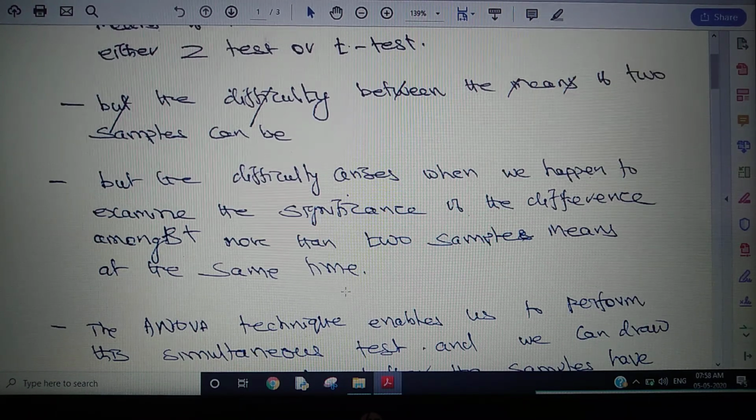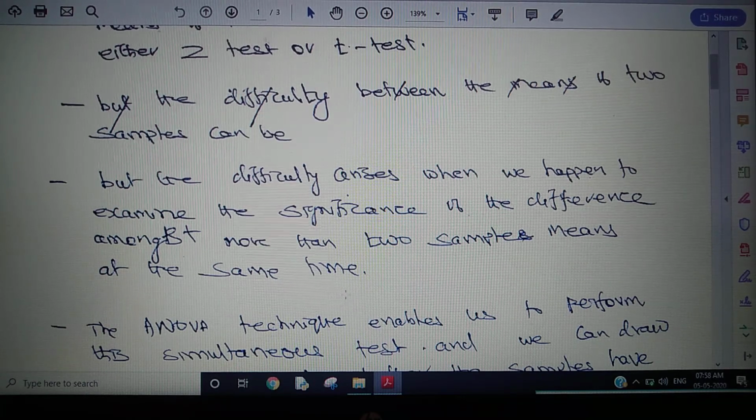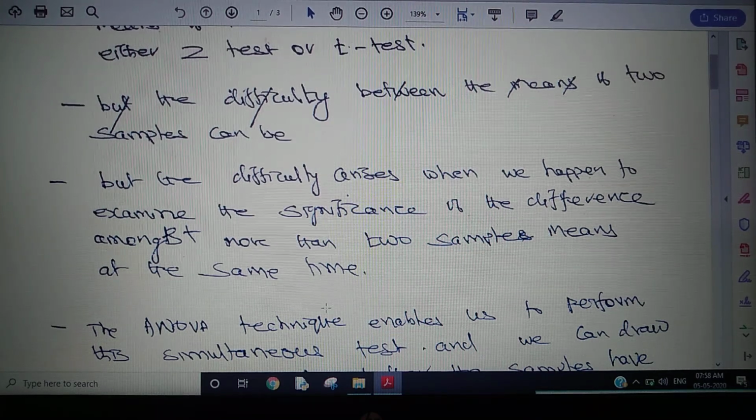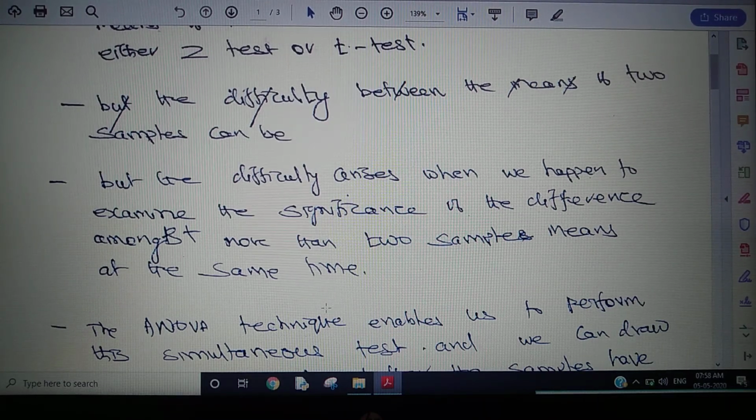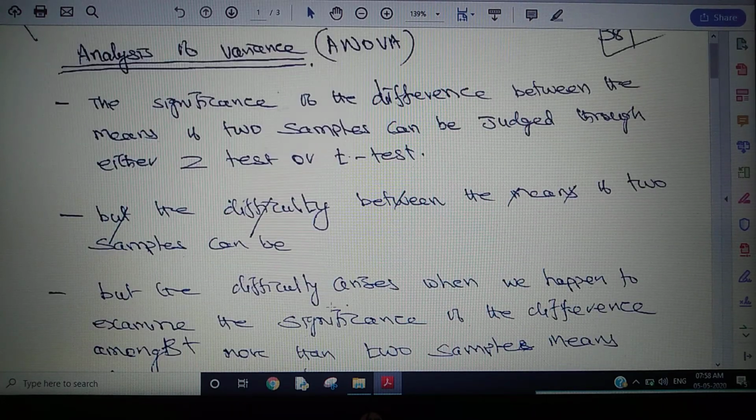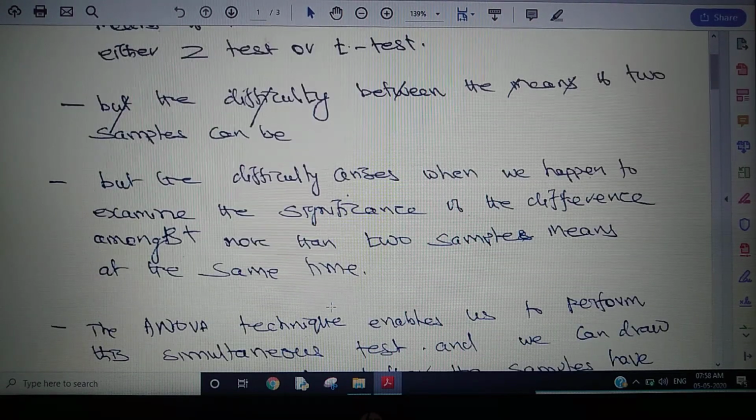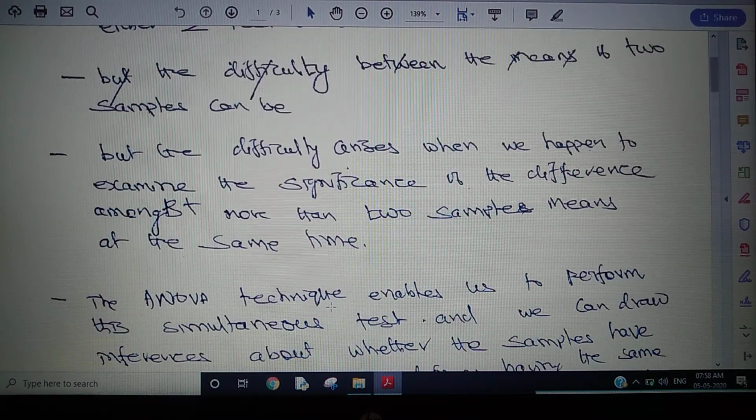Here there is only one classroom. If we want to compare the performance of 2 or 3 classrooms or batches, for example, in a school there may be more than one section, 12th standard A, B, C. What about the class performance of 12th standard A with 12th standard B and 12th standard C? If there are only 2, A and B, then the two-sample test, the z-test and t-test, is enough. But it is more than 2, so we go further.